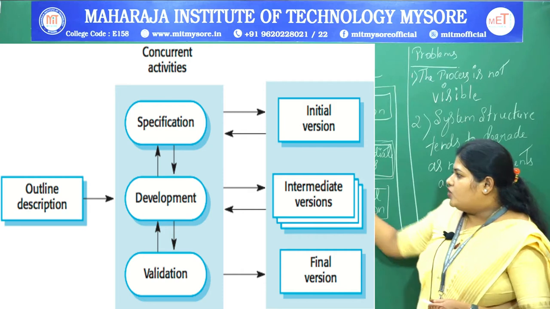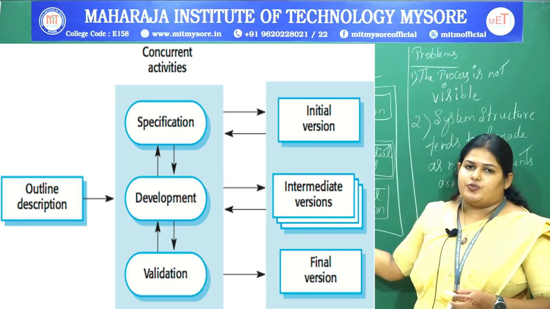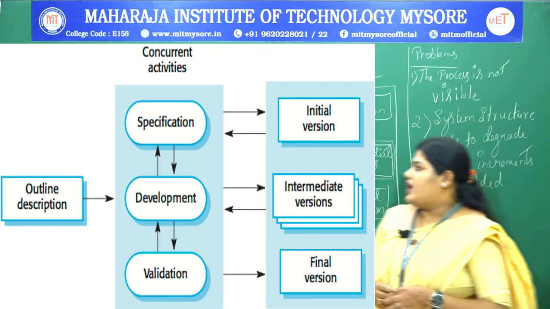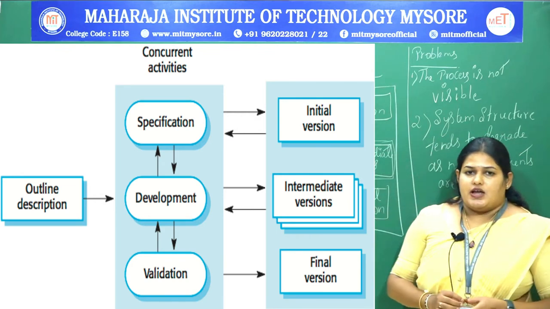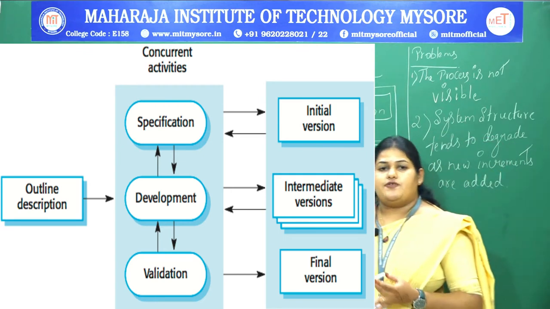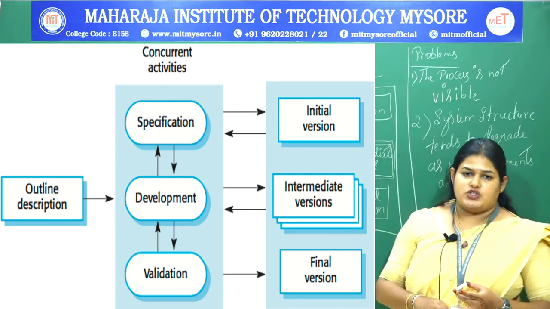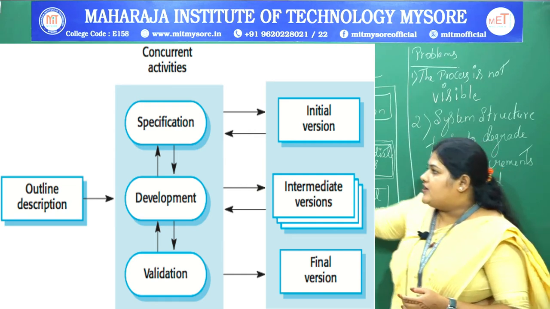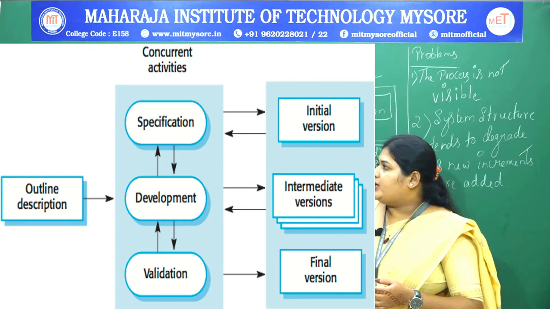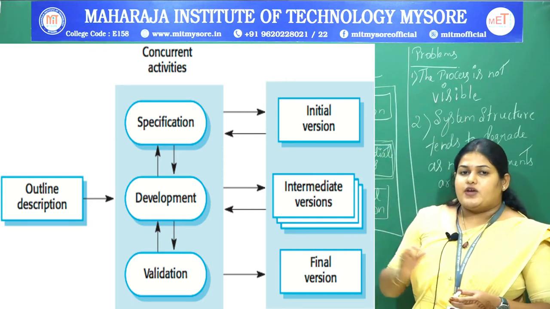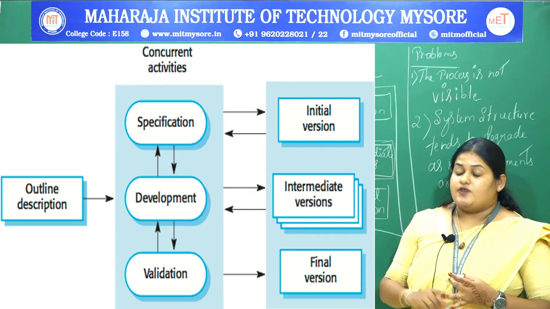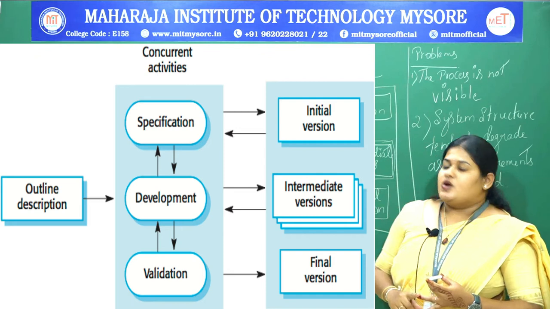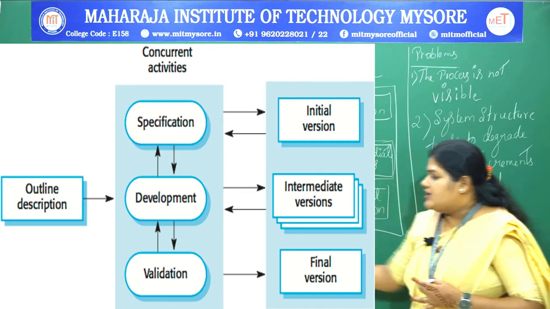You may have a doubt: why are these versions followed here? Why do we require these versions? As I already said about the waterfall model, once a phase is created the documentation is done and it is followed by the second phase, but that does not actually work. We need to follow the requirements of the customers, basically for customization of the requirements of the customers. So they tried this particular structure.